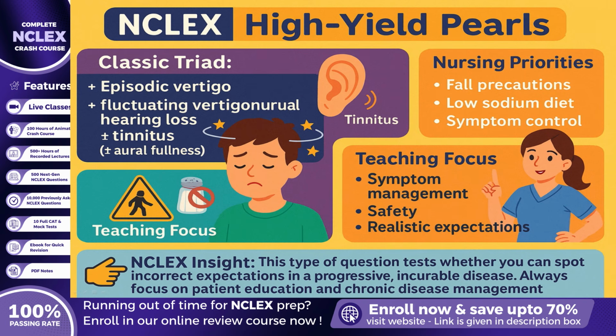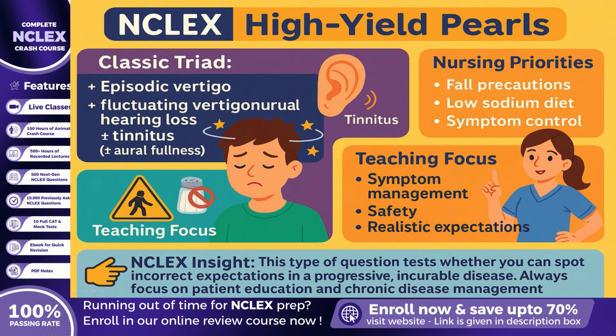While treatment approaches such as sodium restriction, diuretic therapy, vestibular suppressants, and in severe cases, surgical interventions can help reduce the severity and frequency of vertigo episodes, there is no permanent cure. In advanced cases, surgical procedures like vestibular nerve section or labyrinthectomy may control vertigo, but often result in permanent hearing loss. The client's acknowledgement of the chronic, incurable nature of the condition demonstrates realistic expectations.